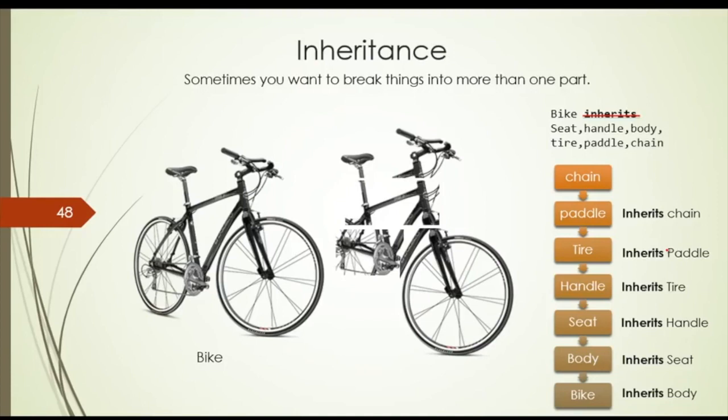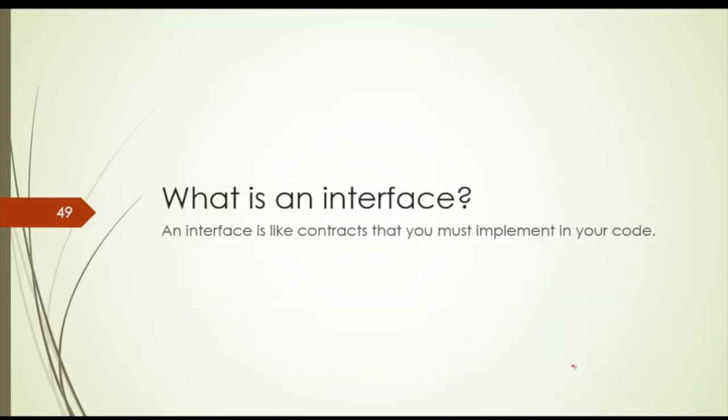It seems like a modular approach because we break it into smaller pieces, but in terms of the modular approach we talked about earlier, if a smaller piece is broken, the other things should still work. But in this chain of command, if any of those are broken, the others will not work. So it's not really a modular approach. What you can do is look for interfaces. Interfaces are the way to do the modular approach. So what is an interface? An interface is like a contract that you must implement in your code.